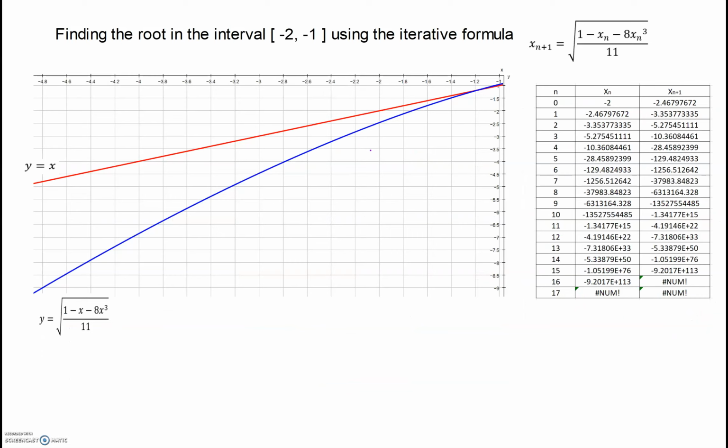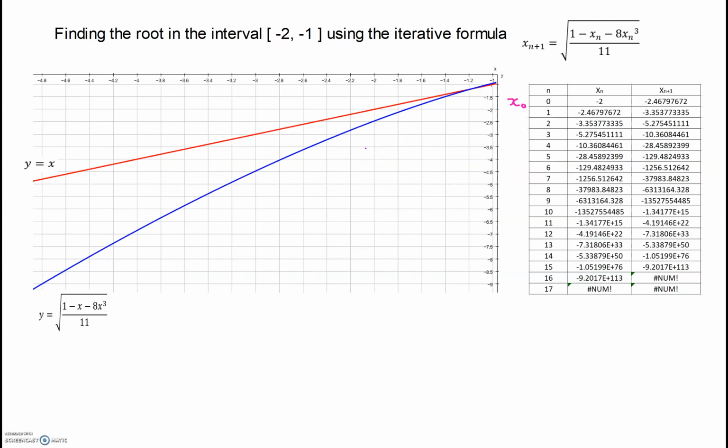So let's now consider what is happening in the interval -2, -1. We're going to use the same iterative formula, and we're going to have x0 is -2. And you can see from the spreadsheet that the values of x are just going larger and larger in a negative direction. So let's consider what is happening graphically. So if we start with our x0 value, which is on the x-axis here at -2, so that's x0, and following the same